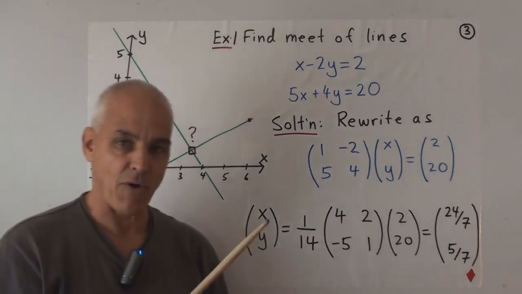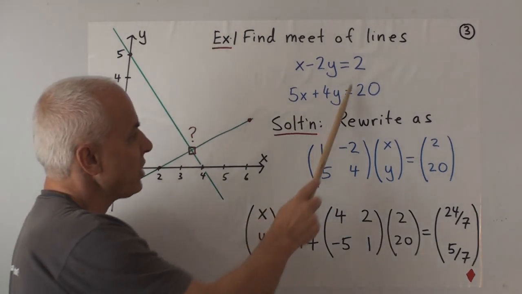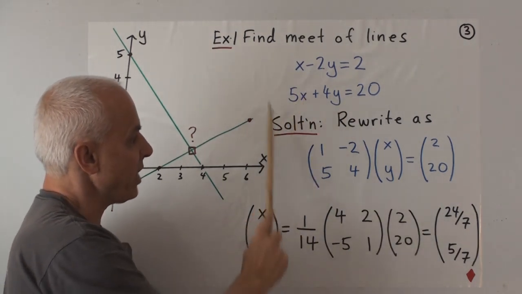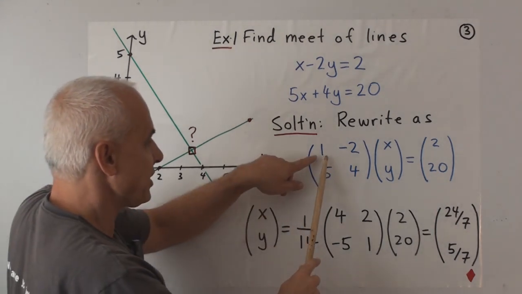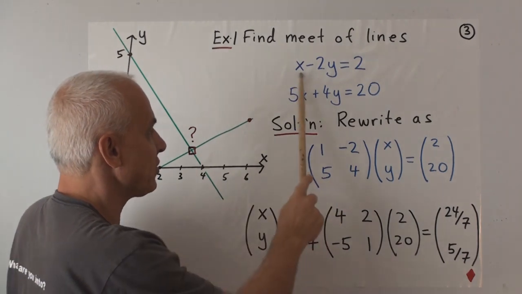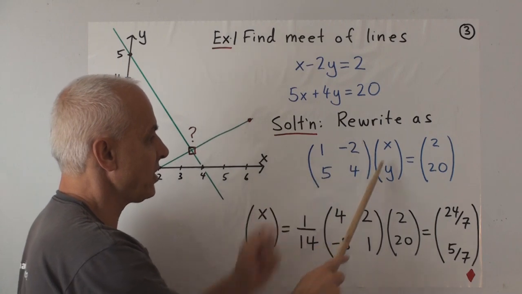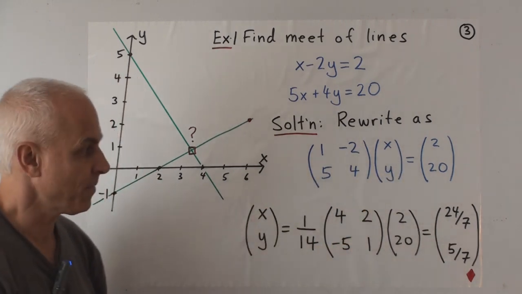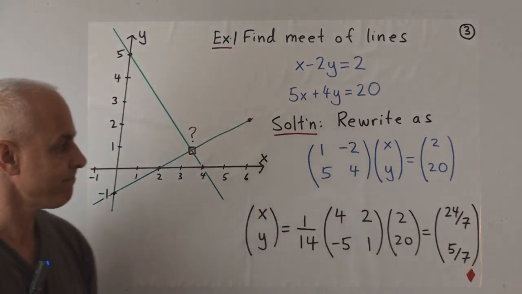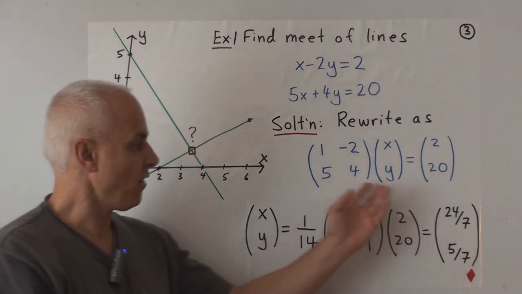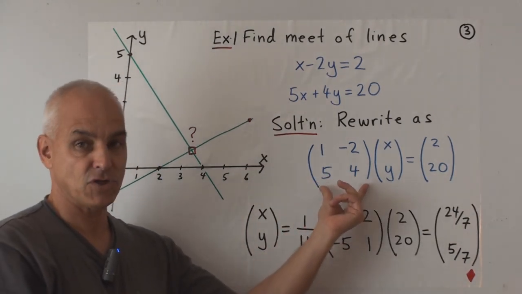Well, in terms of what we've already done, let's rewrite this using our matrix language. This pair of equations can be written as one single matrix equation, where the matrix is [1, -2; 5, 4], the matrix of coefficients appearing here. So the left-hand side becomes this matrix times the vector (x, y), and that should equal the vector (2, 20) on the other side. And how do we solve this matrix equation? We solve it by finding the inverse of this matrix.